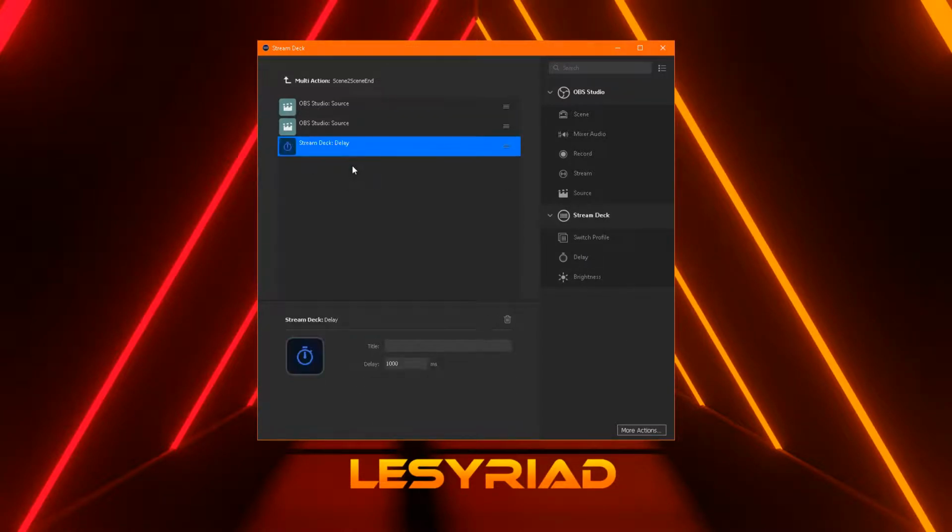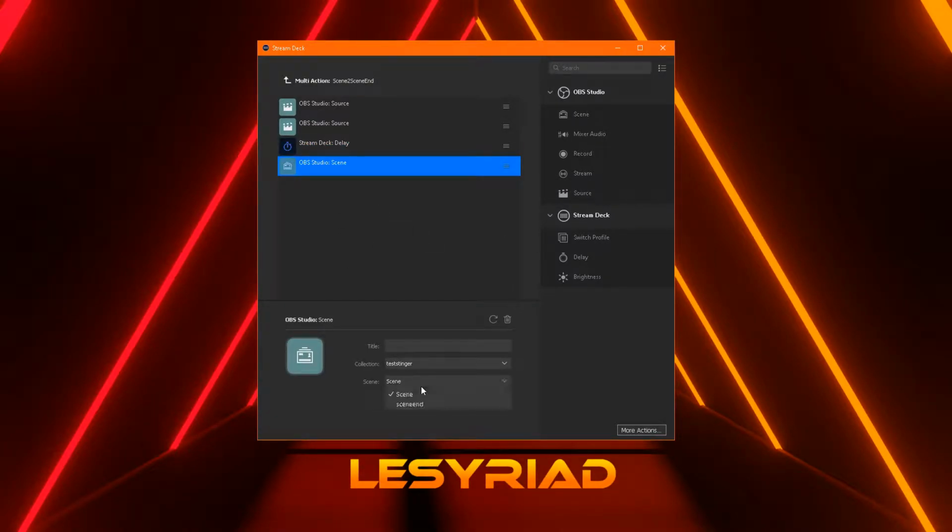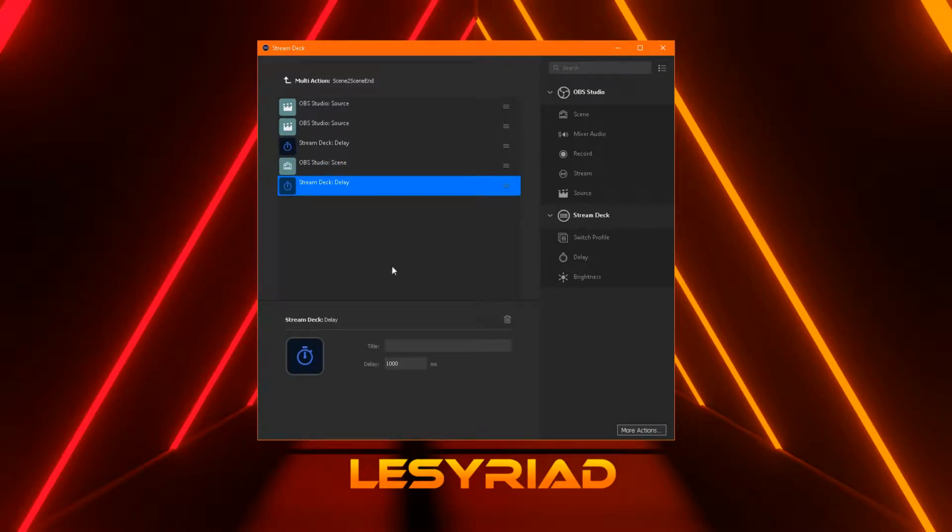Then we're going to add in a delay. This delay is however long until the stinger completely covers the screen. For me, that's 2 seconds, so 2000 milliseconds, at which point we want to swap the scene. Going to scene end, going to add in another delay until the stinger is completely finished,